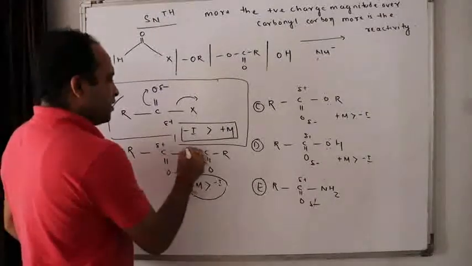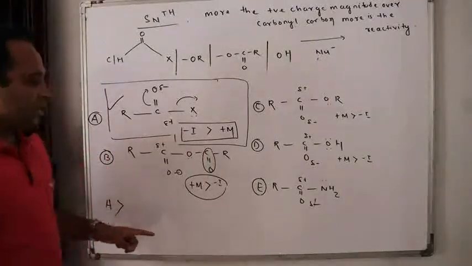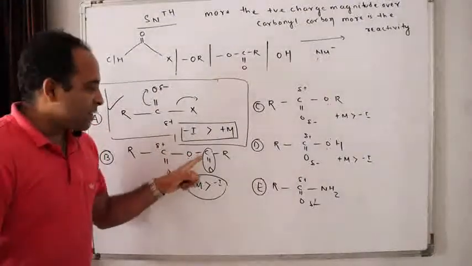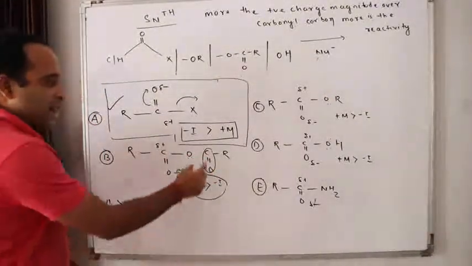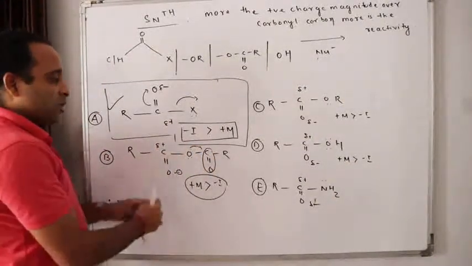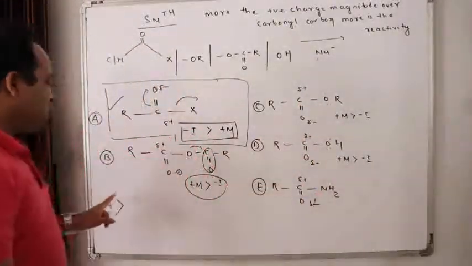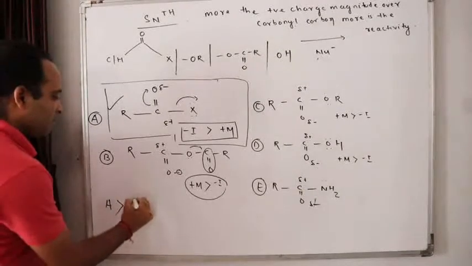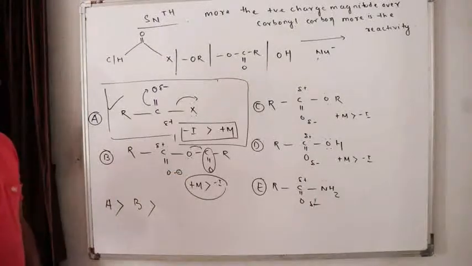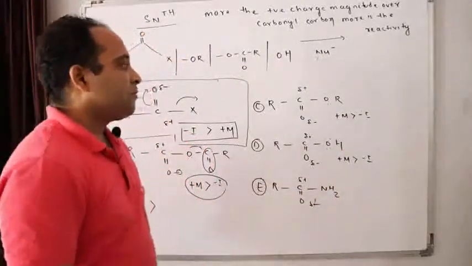Now here this donation power of oxygen is being slightly disturbed due to the presence of the electron withdrawing group, isn't it? Here the donation power of the oxygen is slightly lessened due to the presence of this carbonyl group. This carbonyl group will withdraw this lone pair towards it, so donation is a little less. So here near the oxygen there is no other carbonyl group present. So after A, who is more reactive? D. That means after acid chlorides, who is more reactive? Acid anhydrides.